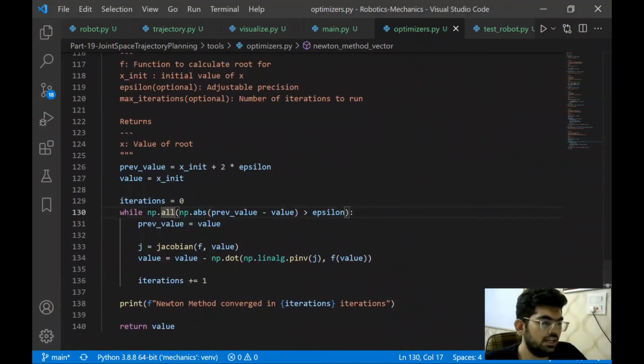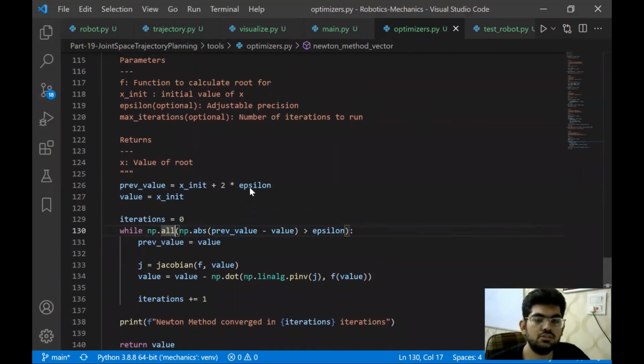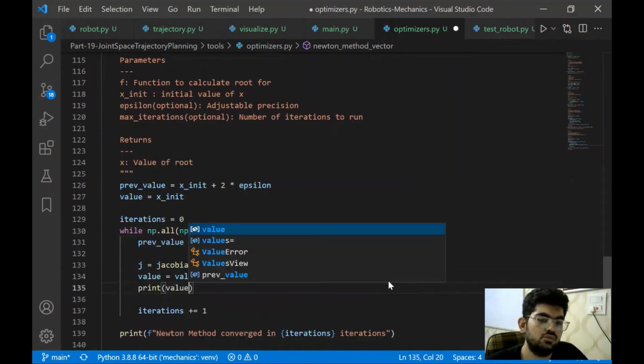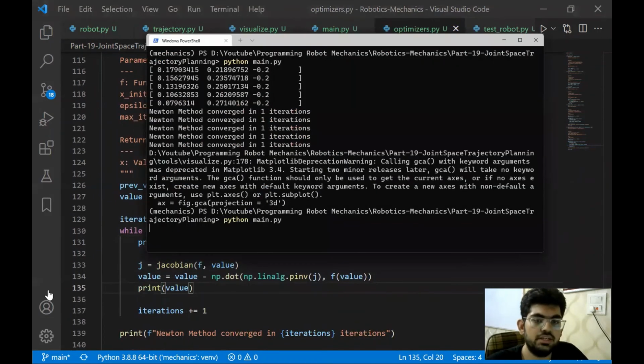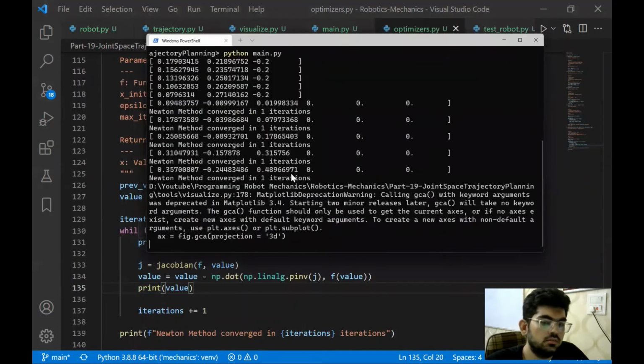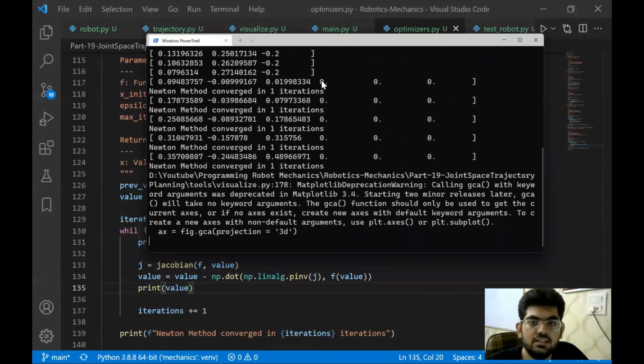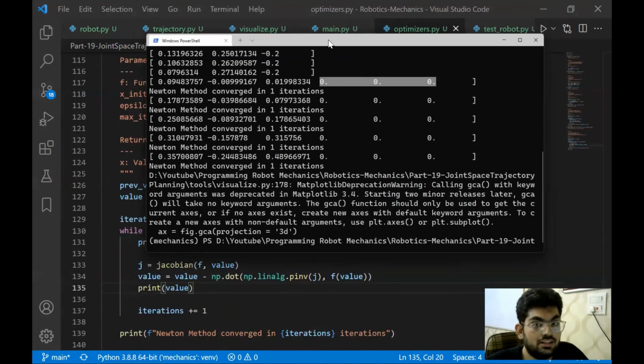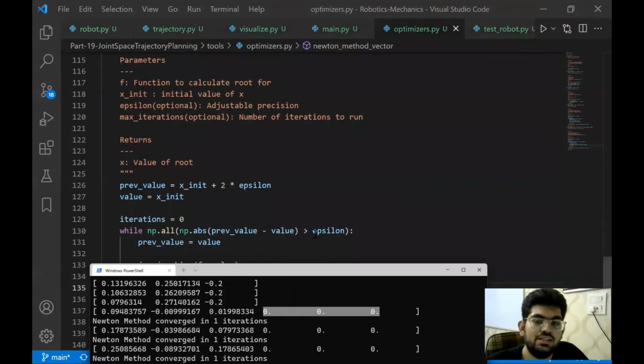np.all tests whether all the array elements along a given axis evaluate to true. So some values towards the end, let's just print the value and see what is going wrong over here. If we just print the values, then we can see the final array points are equal to 0.